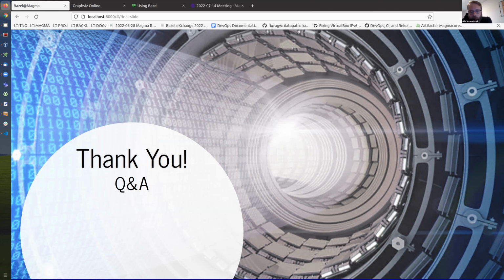I think this is a good point, because at some point we had to decide what we want to tackle first. Do we want to create the Debian packages with Bazel, or do we want to create the Docker container with Bazel? But it was really hard to get detailed information on what is actually currently used by people who deploy Magma in the field. We got different answers. So for now, we concentrated on the Debian file. But if we get more information, of course, then we can take a look at the Docker container builds first.